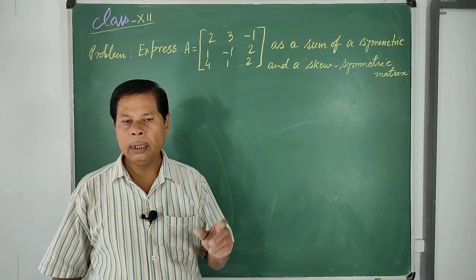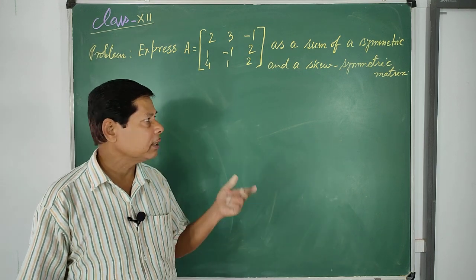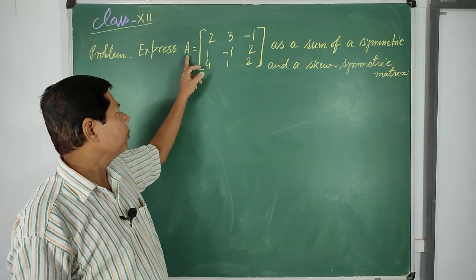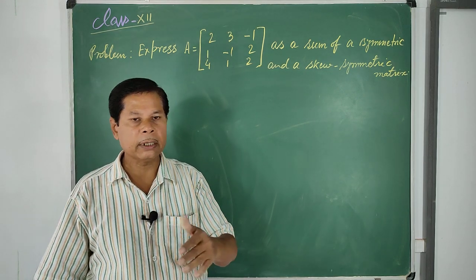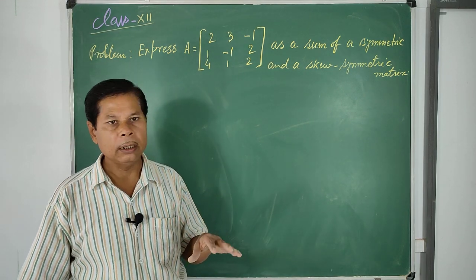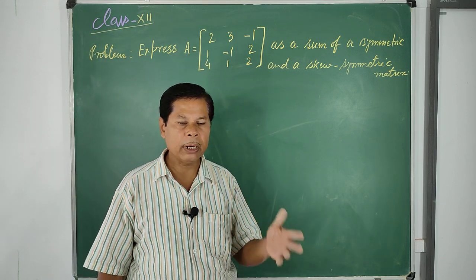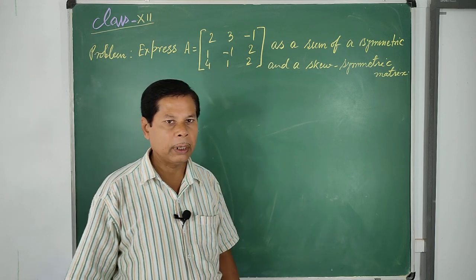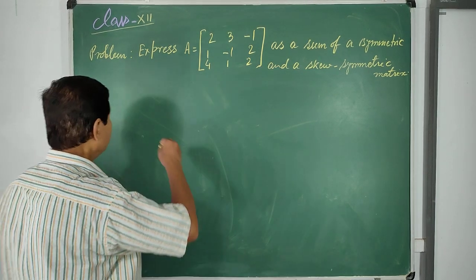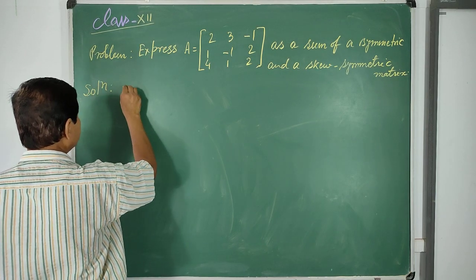you will see that if a square matrix is there, represented by say A, in this example A equal to this, then if you take A plus A transpose, A plus AT, A plus AT will always be a symmetric matrix, whereas A minus AT will always be a skew symmetric matrix. So here in the solution we shall write in this way that we may write